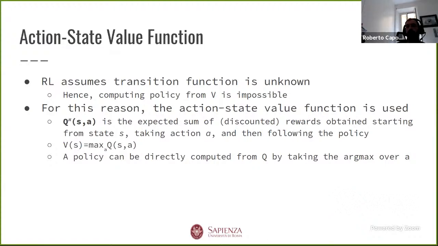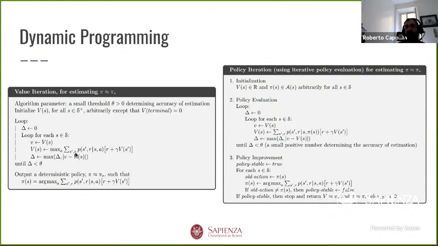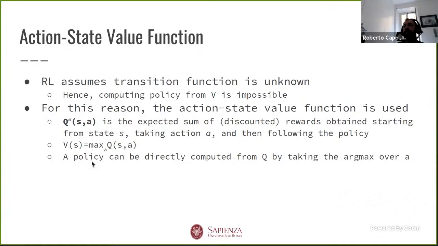Now we have a problem. As you see here, we're using a value function, which tells us what is the value of a certain state. But if we don't know the transition probability, we don't know which action leads to which state. So